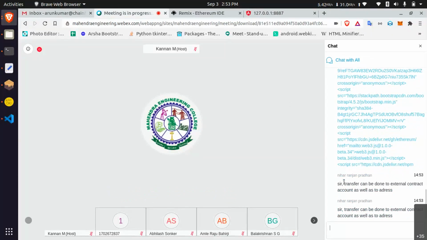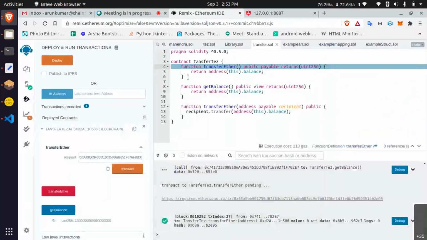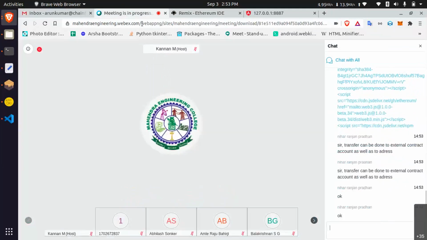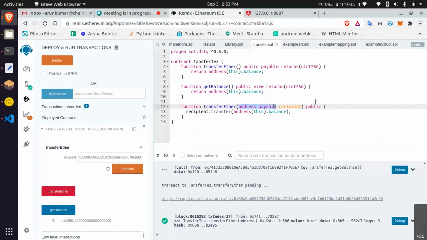If you give any address, it will transfer to that address, even to some other contract. You have to write those controls here. The owner can transfer that contract balance, or those modifiers you have to write in this place.